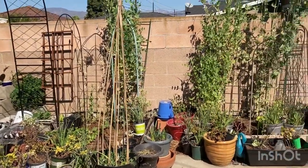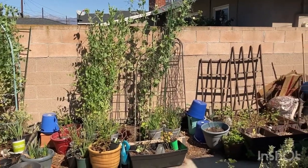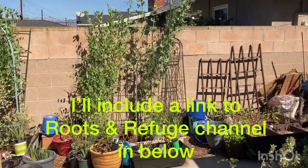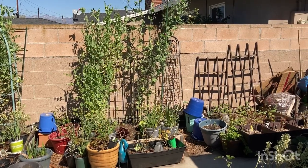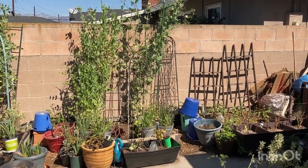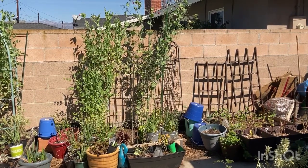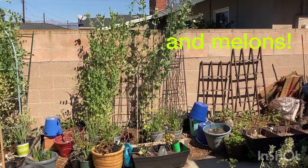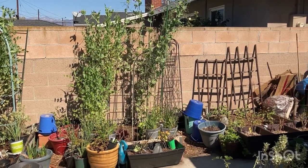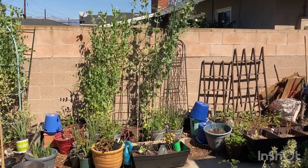So now with the ability to grow up over arches, a la Roots and Refuge, I love how they've got those beautiful arched raised beds. Man, I love those. So I'm thinking I can grow beans over these arches, or cucumbers, maybe squash, even the tomatoes. I think if I put a tomato in this last bed here, it certainly will be benefited by having the arch to stake